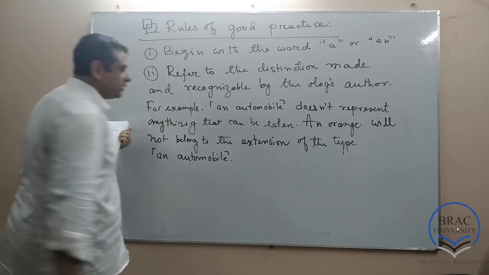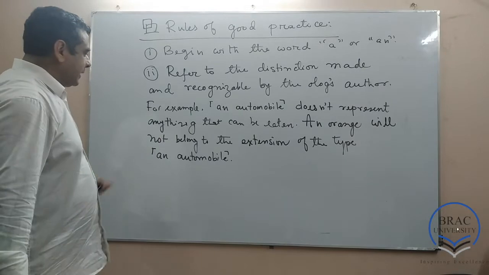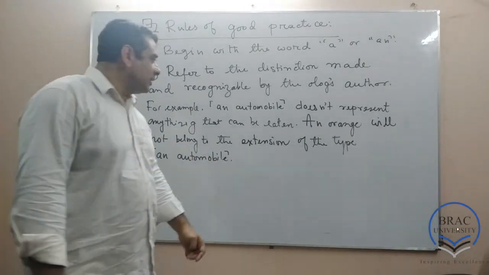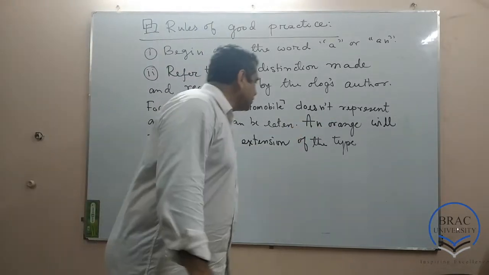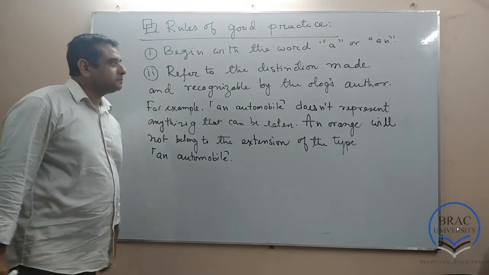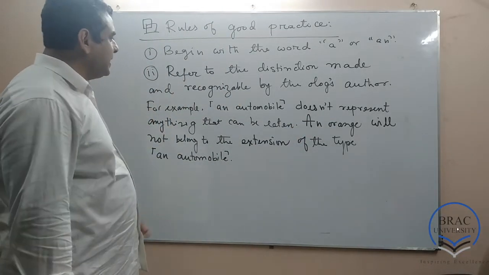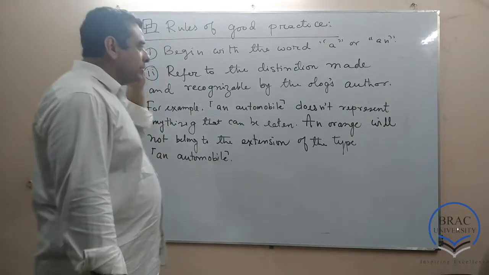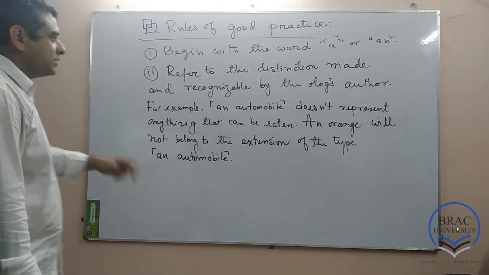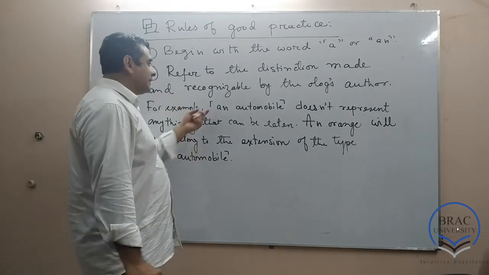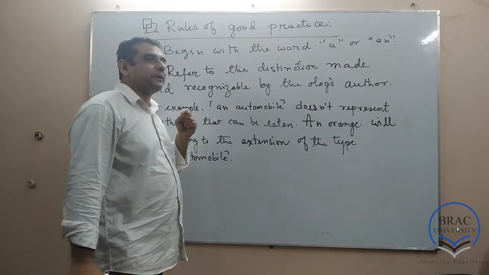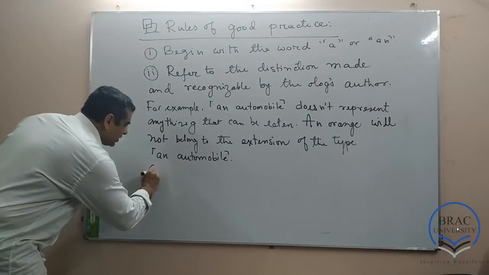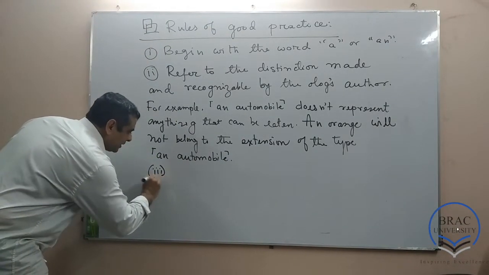Let me explain a little more. The extension of an automobile is the set of all automobiles, and an orange does not belong to that set. So as soon as we see an automobile, this type, we recognize that an orange does not belong to the extension of this type. Okay? Alright. The third rule,